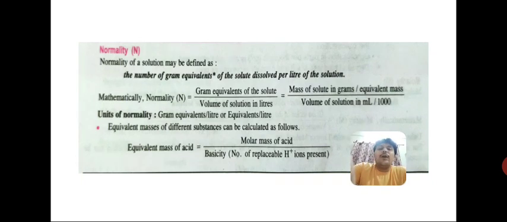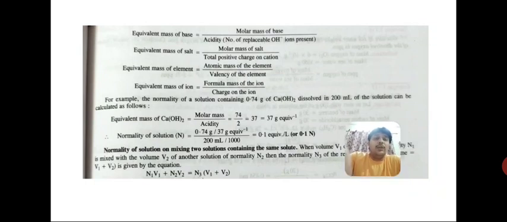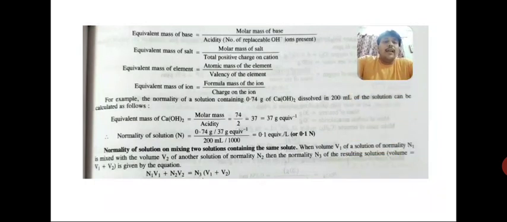And if you are going to find the equivalent mass of H2SO4, the molar mass of H2SO4 is 98 and its basicity is 2 because 2 H atoms are present in H2SO4. Okay students, so 98 upon 2 is 49. Then the equivalent mass of base. Student, earlier I already told you, in case of any equivalent mass, the numerator part is always their masses, right?